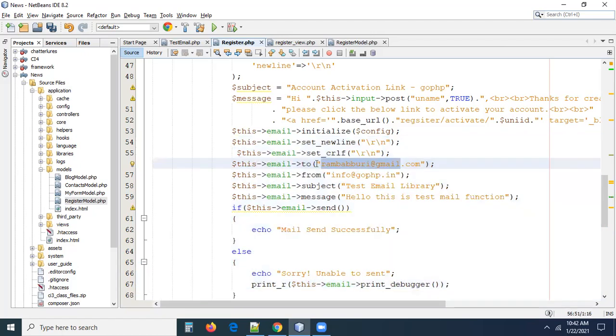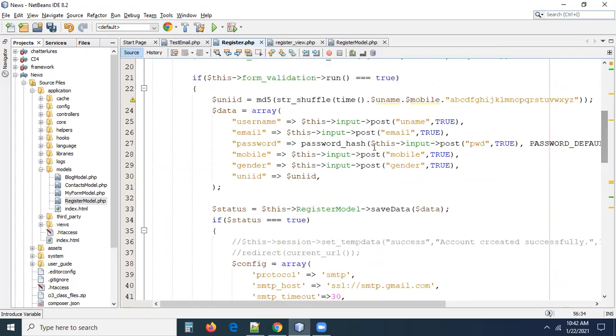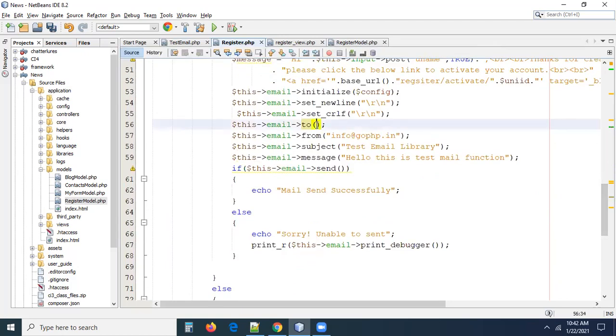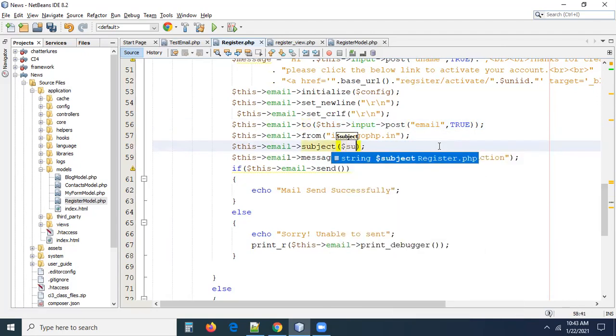This is the To mail ID. The To mail ID should be dynamic, guys. We don't know who is going to register, right? So we already get the email ID here, right? So just copy this and keep that as the To address. This is very important. You have to send something like this. Okay, perfect. Subject. We prepared a variable, right? $subject. And we prepared a message body also, right? Message. You can do this, guys. That's enough.